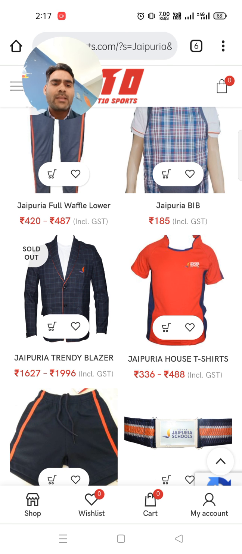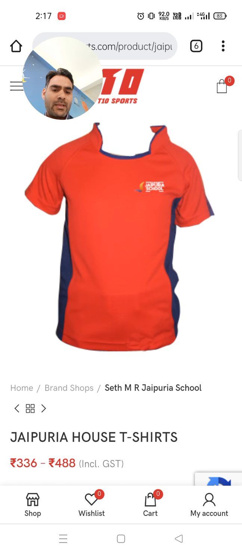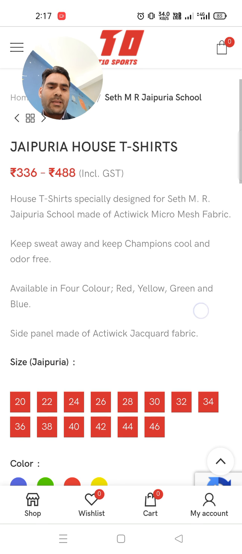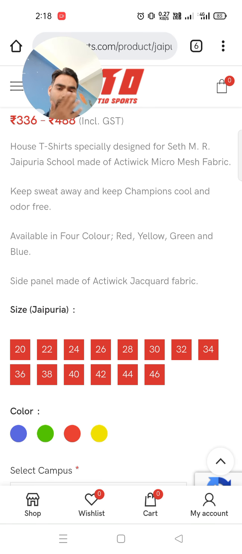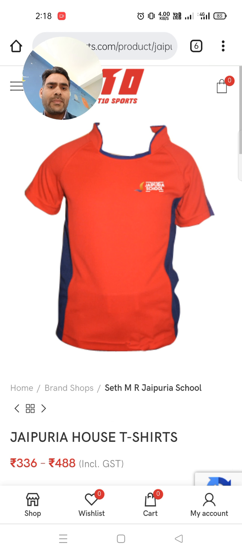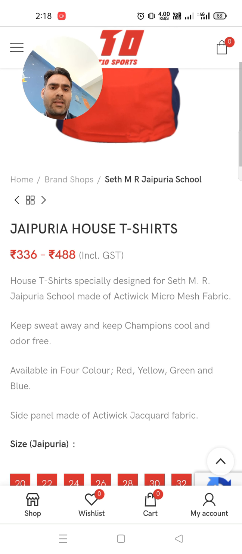Suppose I want to buy the house t-shirt. You click on the house t-shirt. It is available for all the houses: yellow, green, red and blue. Suppose I click on the yellow house, so that same color appears on top.